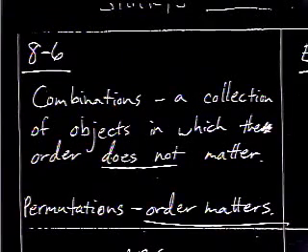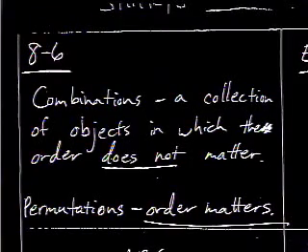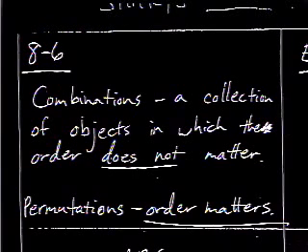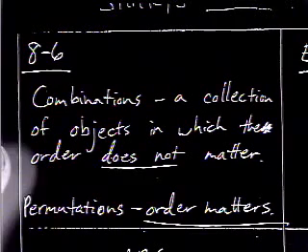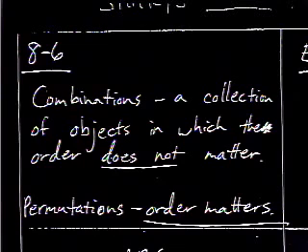Combinations, this is section 8.6. Combinations are a collection of objects in which the order does not matter. Keep that in mind. Order does not matter. Now, permutations are different. Permutations, the order does matter. So, let me try to